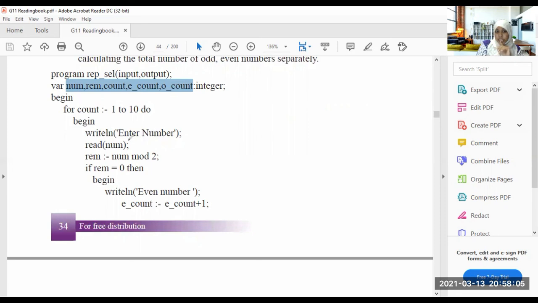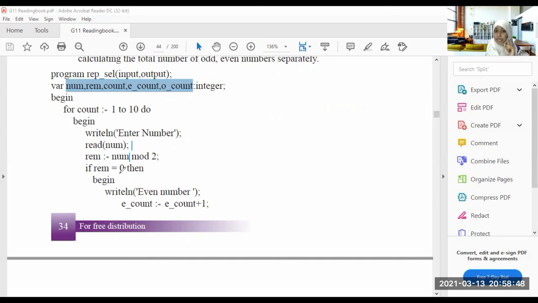Now I am entering here 1. After division, the remaining. I am entering 1. So it reads the number 1. Okay. Now here, 1 mod 2. 1 mod 2 means tell me the remainder of 1. Divide 1 by 2 and tell me the remainder. That is 1 mod 2. I am dividing 1 by 2. Then I am giving the remainder.